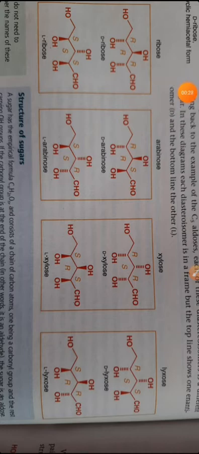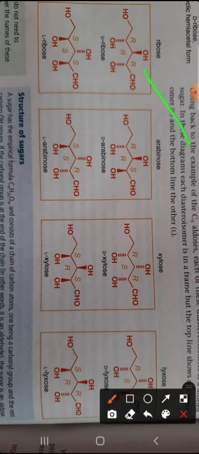So these are some examples of a zigzag and flying wedge model. This is the structure of glucose. Glucose means carbohydrates, the structure of a carbohydrate. The first structure is a ribose. This is D-ribose and this is L-ribose. That D and L nomenclature, or R and S nomenclature, we will discuss in the Cahn-Ingold-Prelog (CIP) R-S rules, which are included in our syllabus, and we will discuss them further.